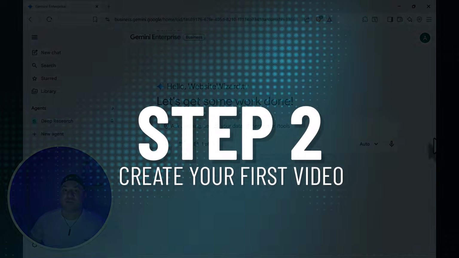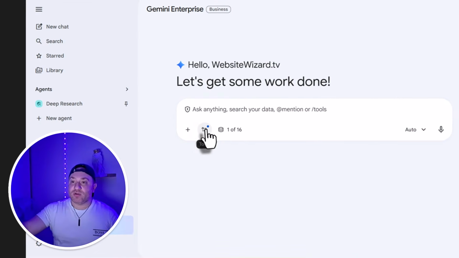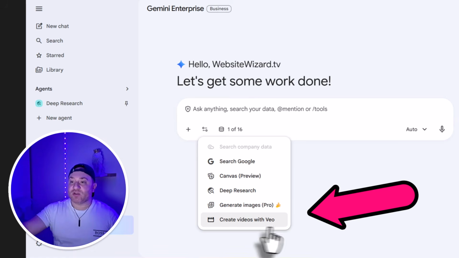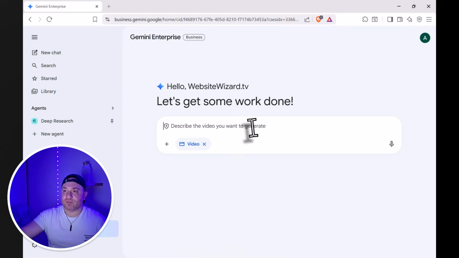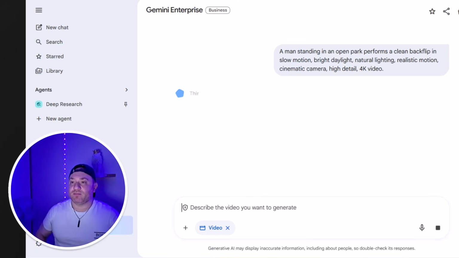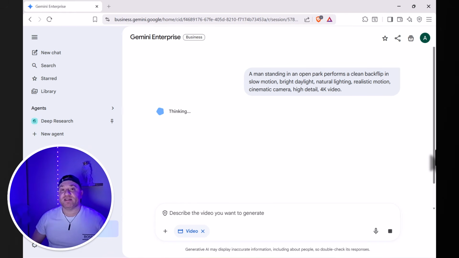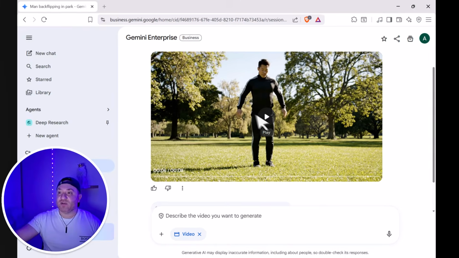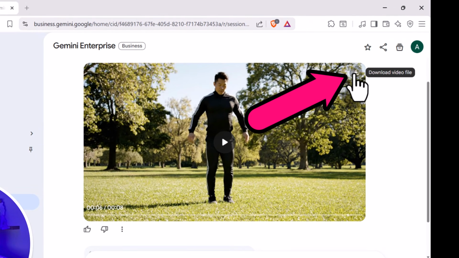Step 2, create your first video. So you want to click on the tools icon here and then select create videos with Veo. So I'm going to paste in this prompt right here and then click submit. And in under 60 seconds it's going to create your video. And now you can see we've created this video right here, which we can click here to download to our